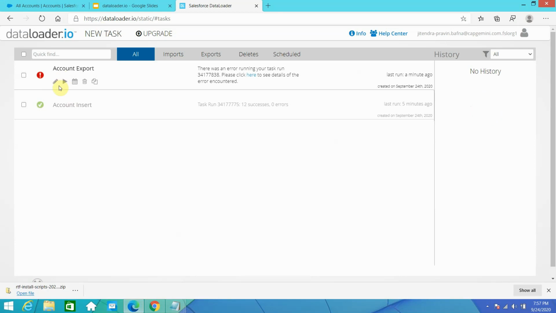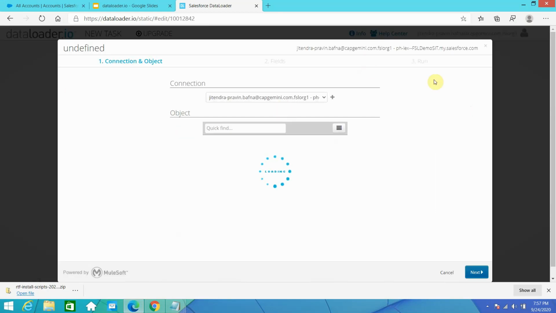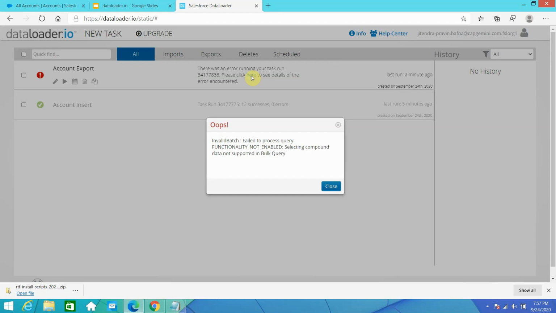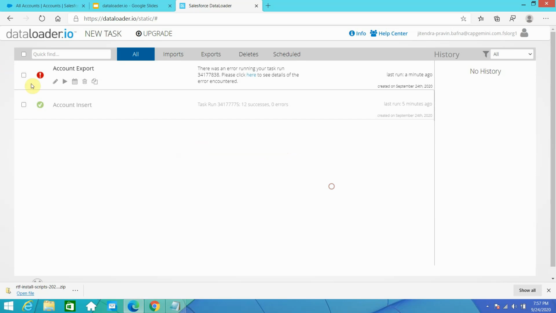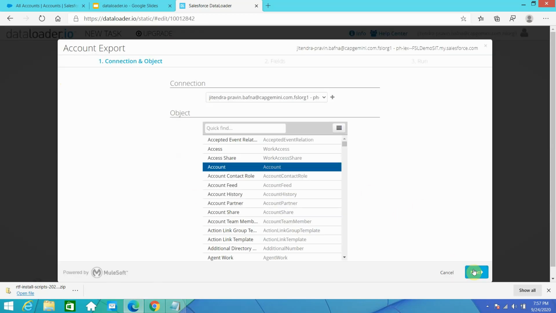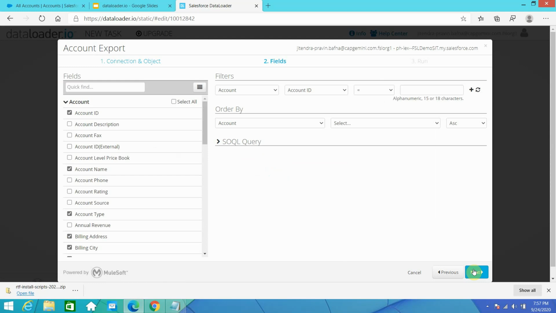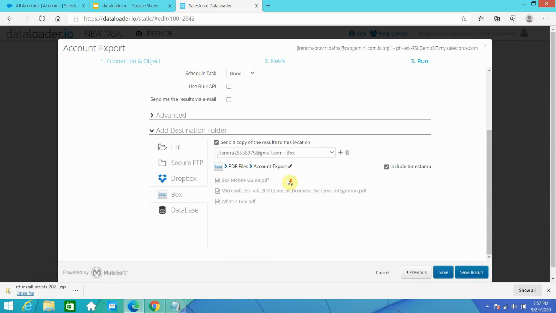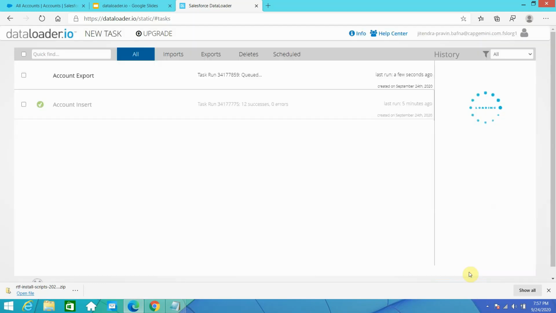It errored out. Let me check. Okay, so Data Loader doesn't support the bulk query, so let me change that. You can say next, remove this bulk API. Okay, so it should run now. It's not enabled basically, that's why.